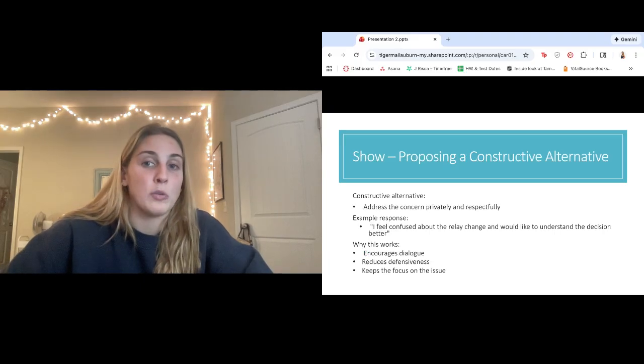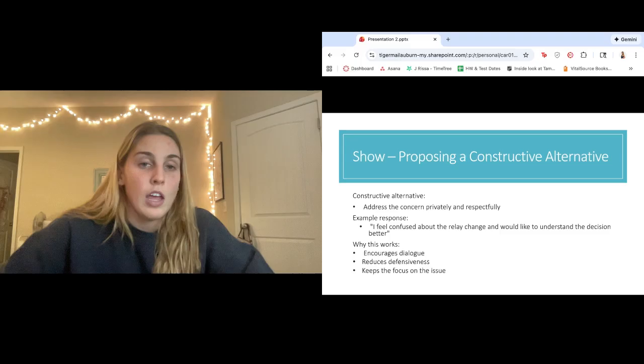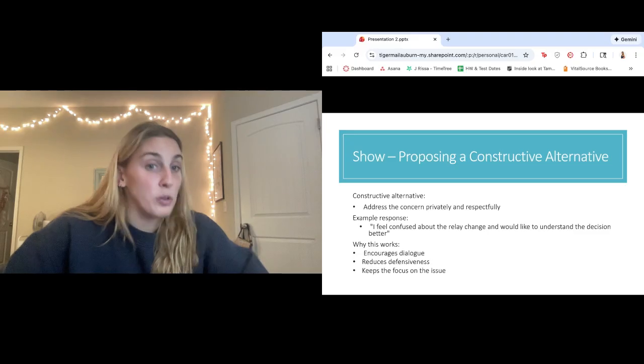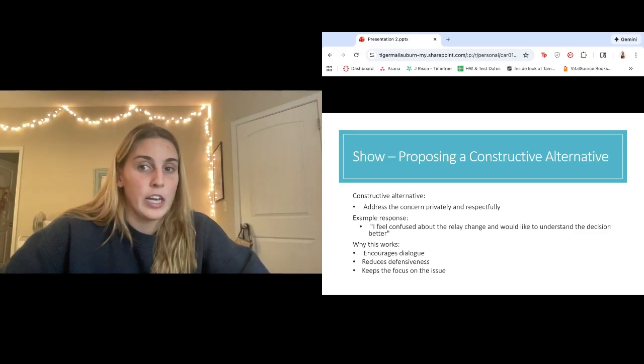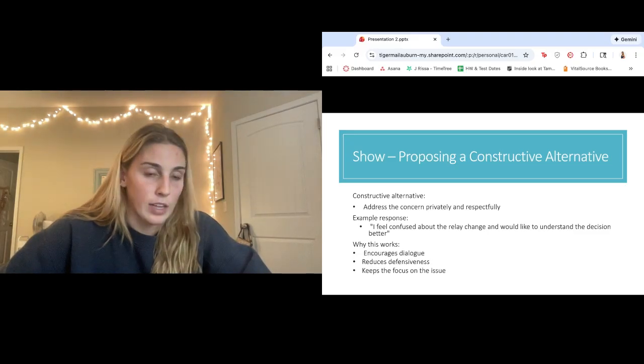Now, we need to propose our constructive alternative. In this situation, a constructive alternative could be addressing the concern privately and respectfully. An example response could be, "I feel confused about the relay change and would like to understand this decision better." That is something this person could say to the coach,